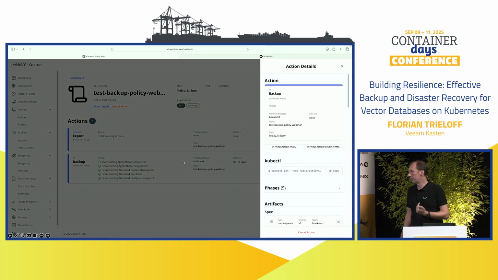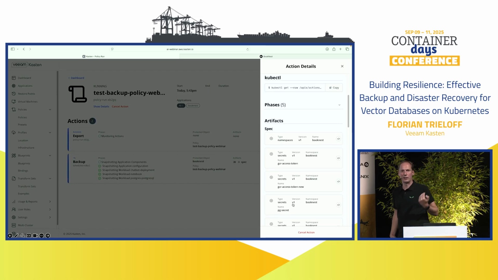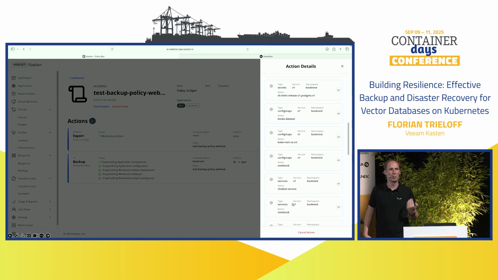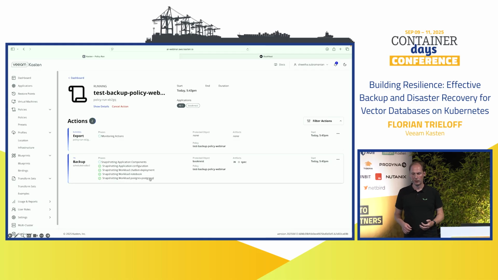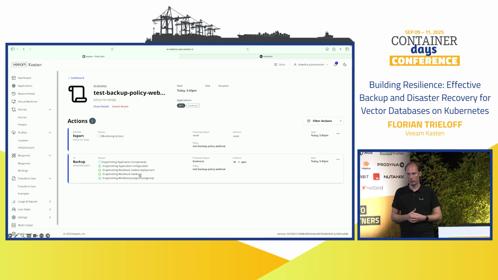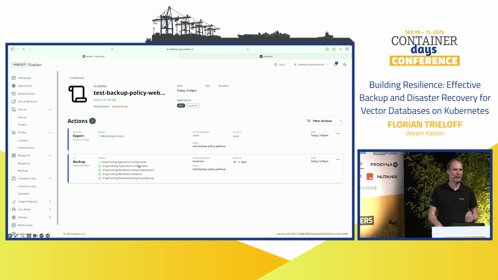As we can see, we have to get all the Kubernetes objects, because just to restore, just having a database doesn't provide you capabilities to restore your application itself. So it will just get all the specs here, all those Kubernetes components, and we are now running the commands we had in our blueprint. This blueprint will now be executed against this database.